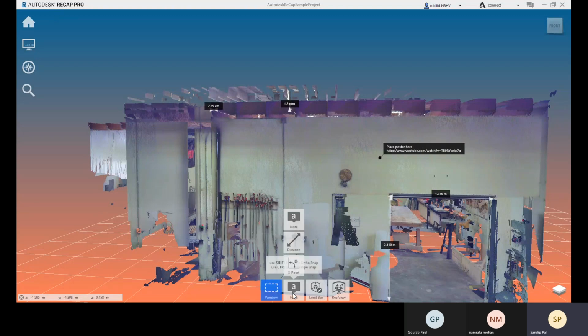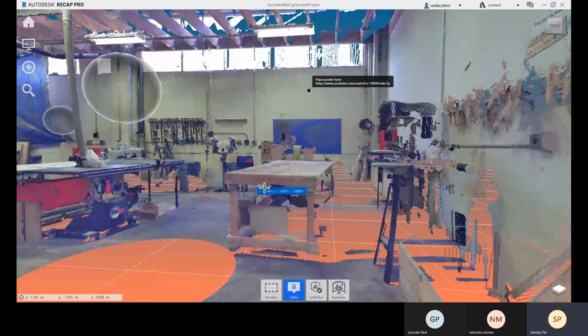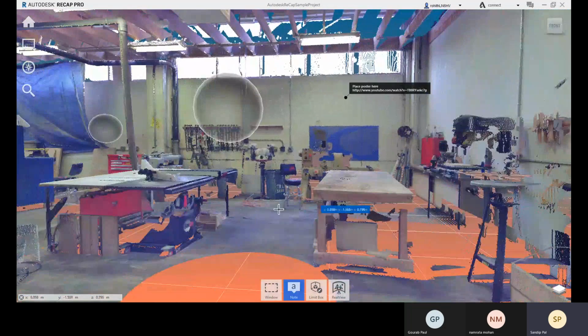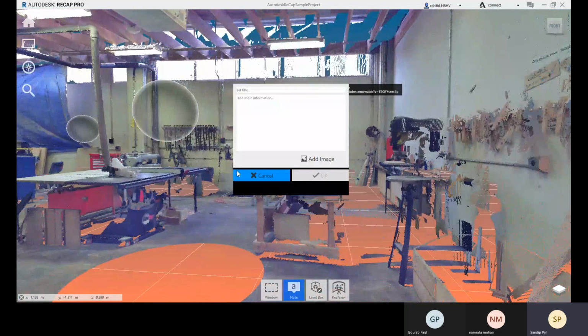Now I will not go for that freehand option, and you can add some notes over there. So adding notes is like providing all the information, and highlighting all the object names and all the object information. So like I don't know what kind of object it is, so I can here add a note. Okay, so there, let me add a note.